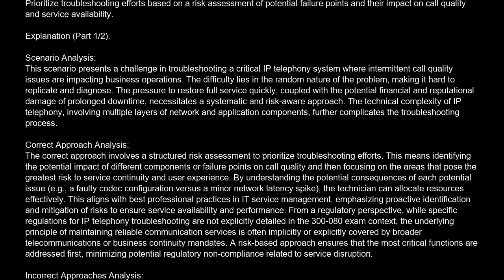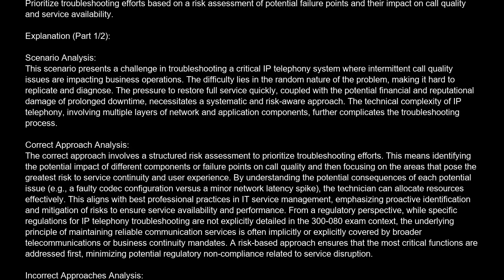By understanding the potential consequences of each potential issue, e.g., a faulty codec configuration versus a minor network latency spike, the technician can allocate resources effectively. This aligns with best professional practices in IT service management, emphasizing proactive identification and mitigation of risks to ensure service availability and performance. From a regulatory perspective, while specific regulations for IP telephony troubleshooting are not explicitly detailed in the